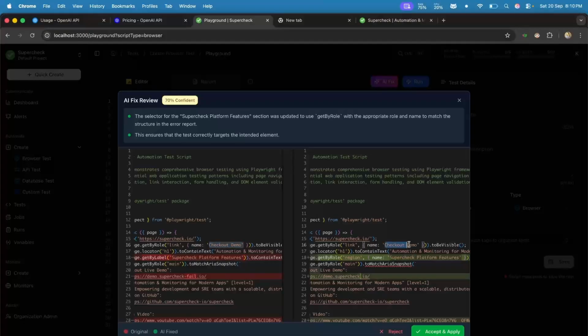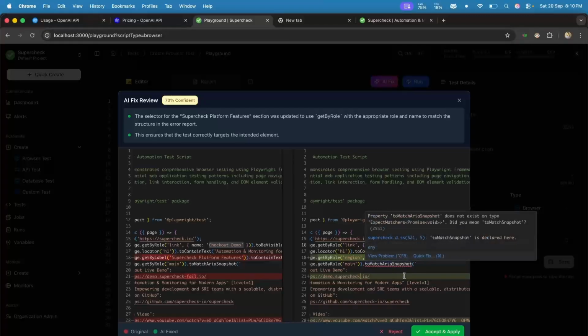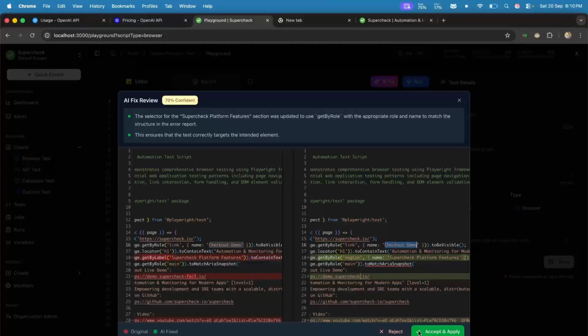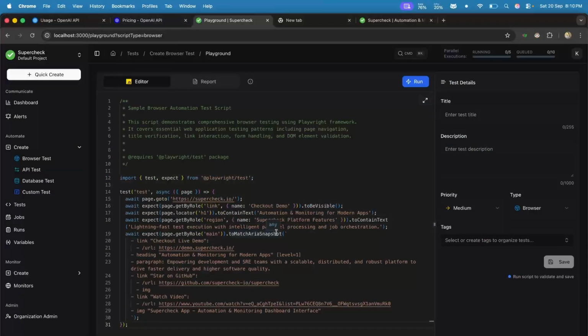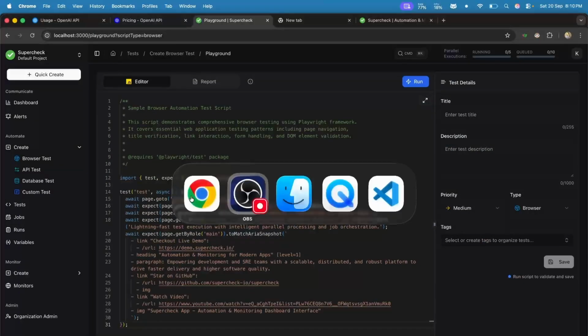So it did not fix it. Probably if we use the more powerful model, this will. Let me accept it. And now let me show you the model which we are using. So if I go to